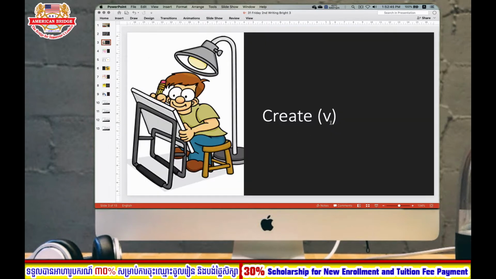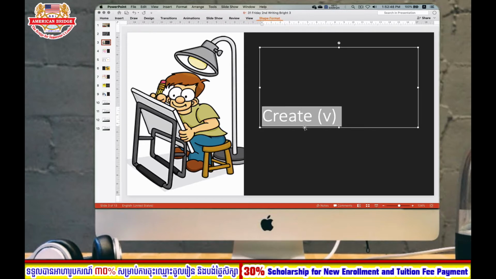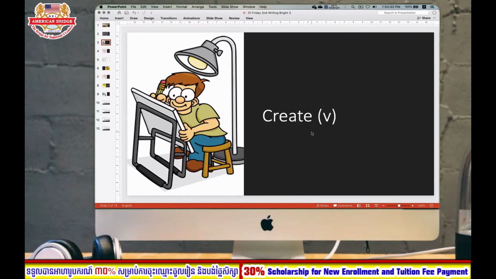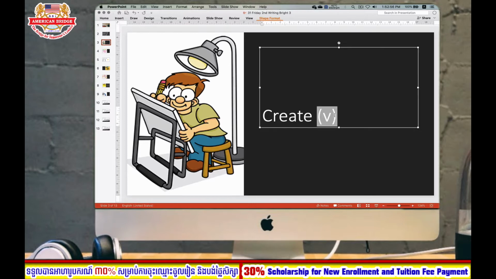So the first one is the word create. Create means you make something new, you build something up. So the word create functions as a verb, and if you want to change it into the past tense, it becomes created. So pay attention to the word, these last syllables with pronounce created. We have our th sound at the end here. So this is the past tense of the word create. You can use it in the past simple and in the perfect tense as well.